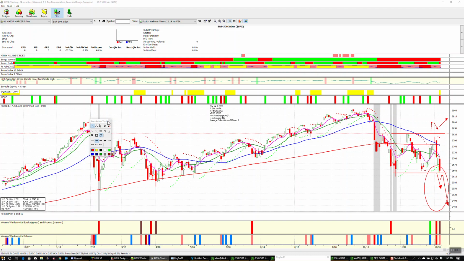I'd love to see a bounce here. Yes, we're oversold. We held pretty much the October lows, November lows. We're going to bounce. I'd love to say that and believe it, and I think it's very possible. But I've got to be concerned about what happens if we don't. And if I look at the Dow Jones Industrial Average,